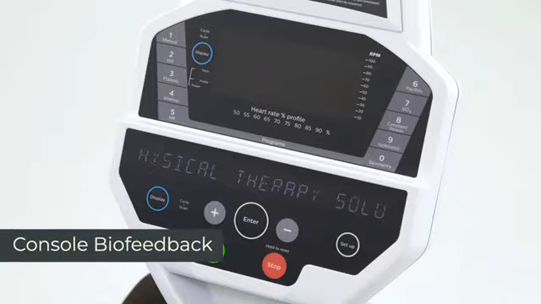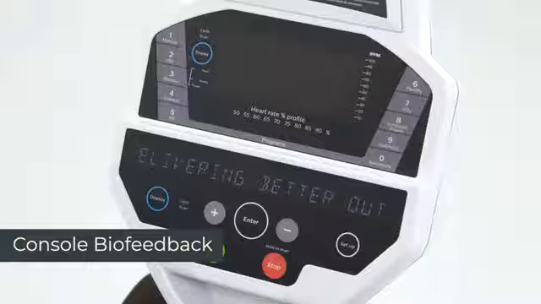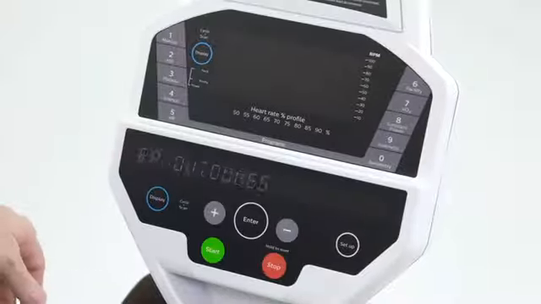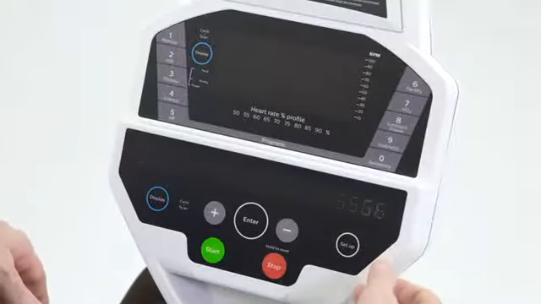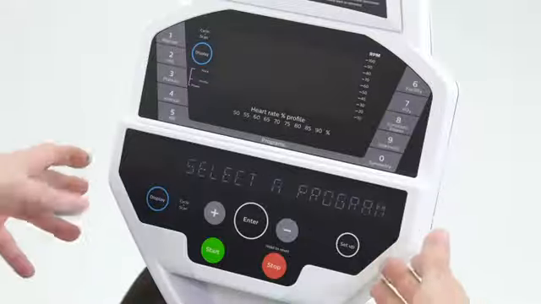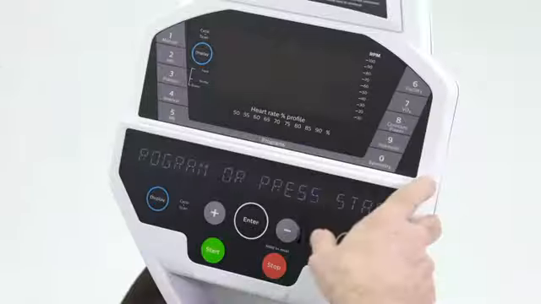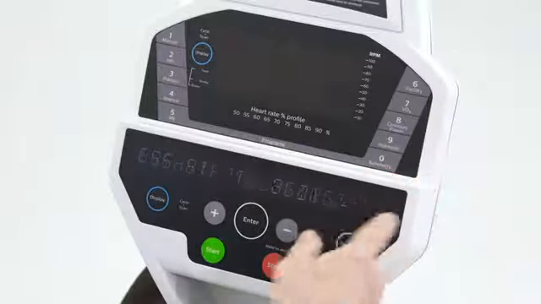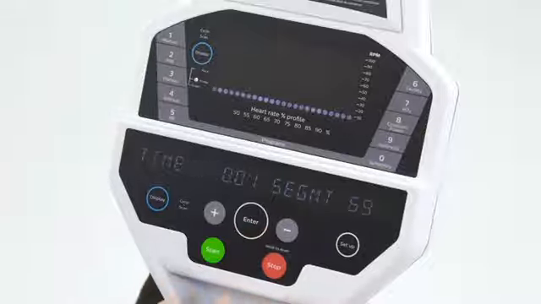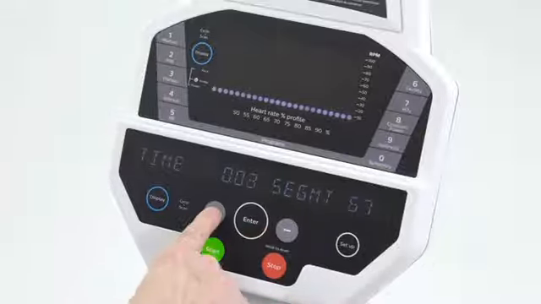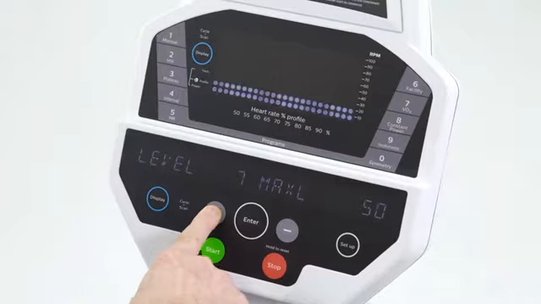We'll discuss the functions of the control panel for the bike. We have many different functions that we're able to do inside the console. We have 3 different resistance modes. If we just press start from the beginning as a quick start, the resistance mode we get is a constant